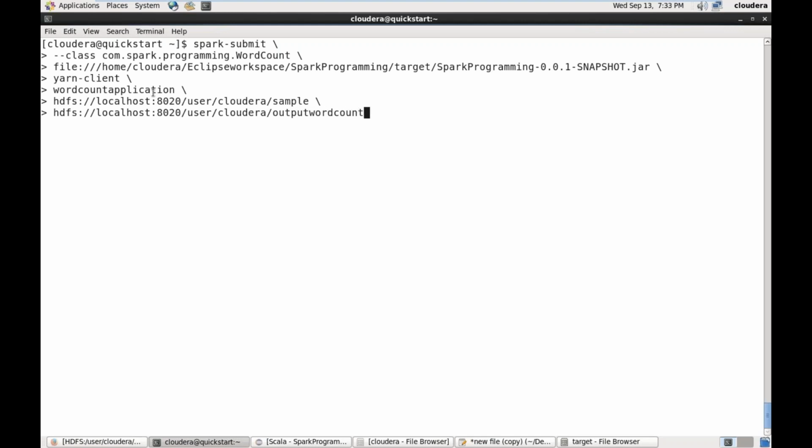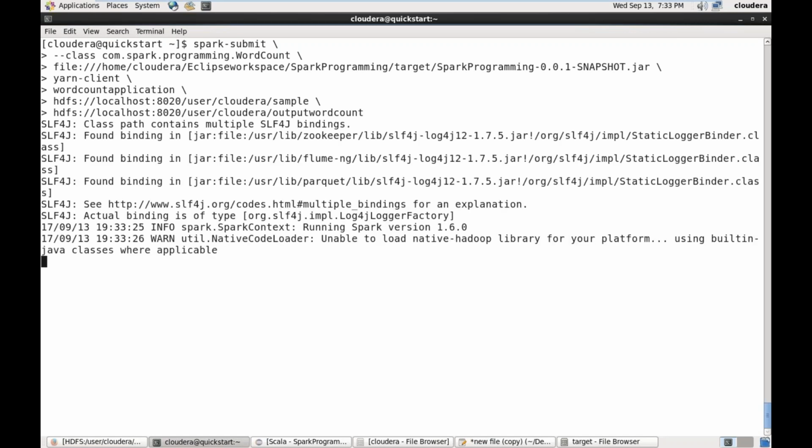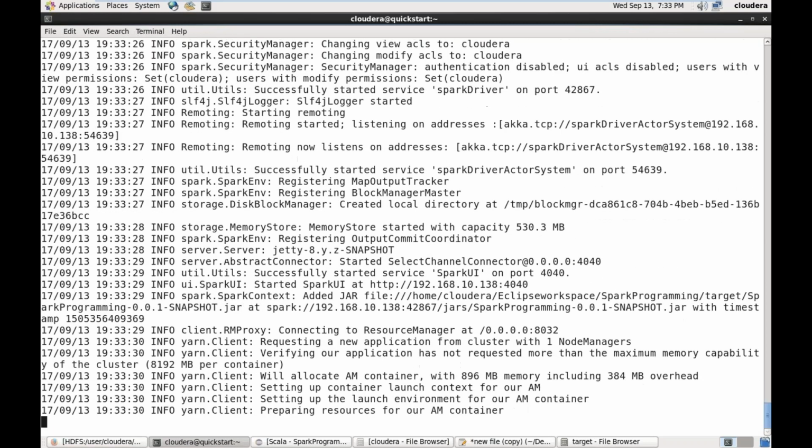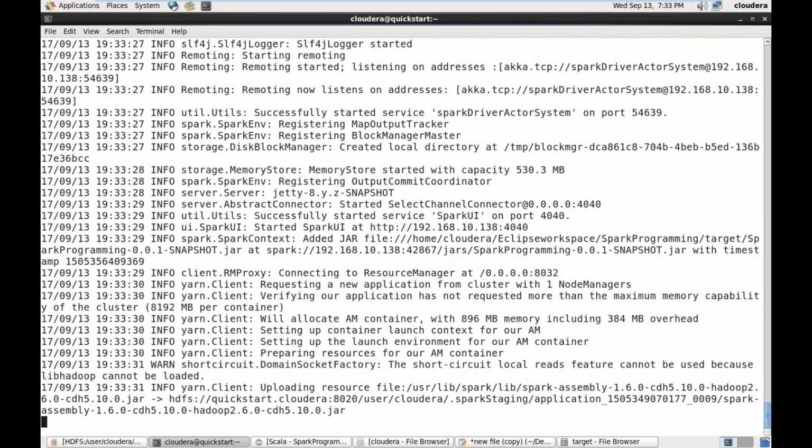Okay, now see the script here. Spark hyphen submit, and class package name dot object name. Next is the jar file. After this, the first argument is master, second argument is application name, third argument is input file path, and fourth argument is output file path. Just hit enter. The application will start. If we have made any mistakes, it throws errors. Otherwise, it will run successfully.